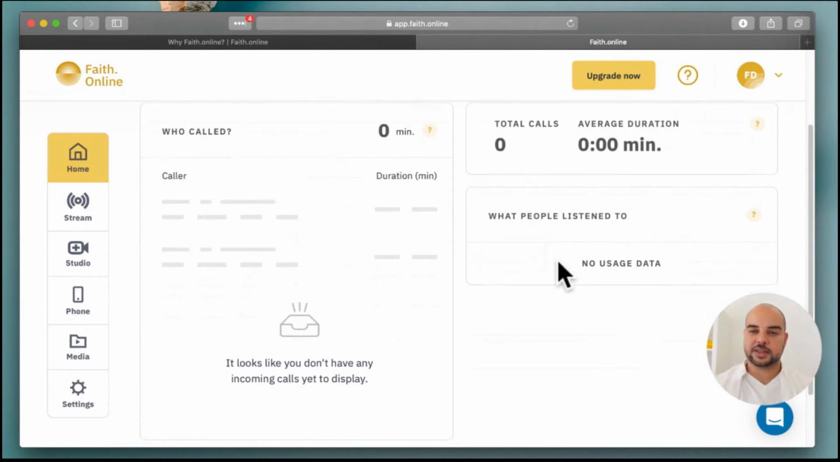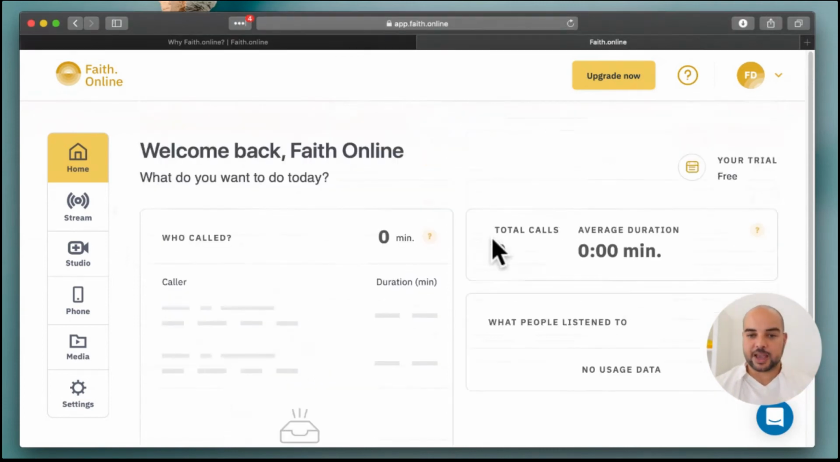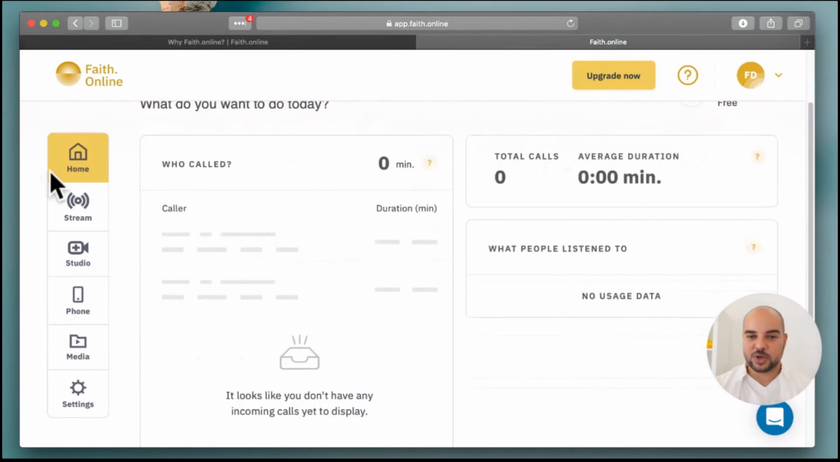We use a lot of statistics and analytics to help you improve your overall digital church experience, including in the streaming. We track the amount of minutes, etc. So this is your dashboard. This is a new account which I have set up called Faith Demo. So that's why there are no calls here currently. But if we come